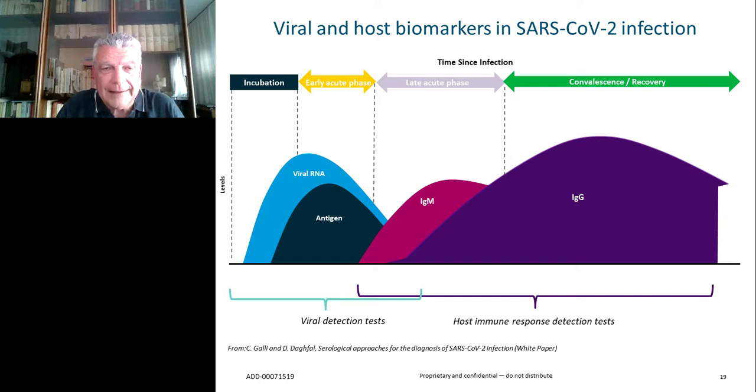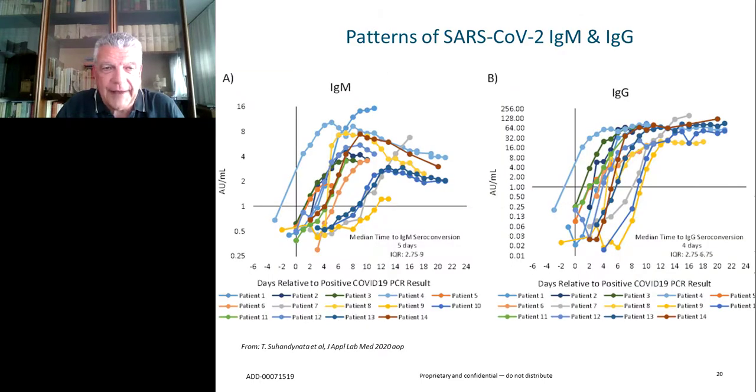What happens in practice with the SARS-CoV-2 infection? Well, we do have data that more or less are concordant in that different observations have allowed to the conclusion that indeed the IgM and the IgG response to this infection are pretty much alike as far as the time of onset is concerned. You see here that the days relative to the positive PCR for IgM or IgG are more or less the same. Each colored line represents a patient.